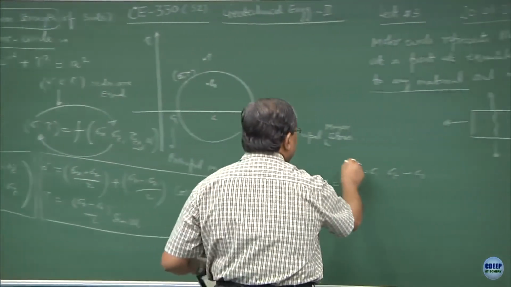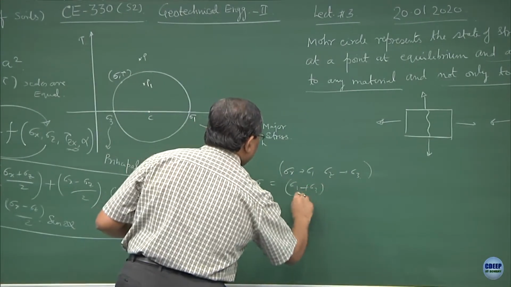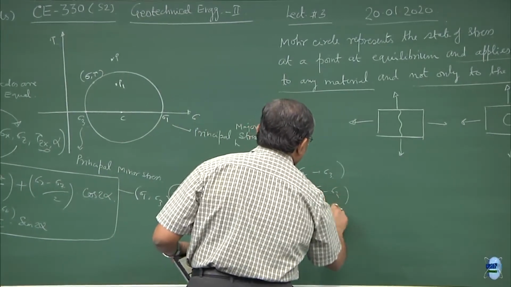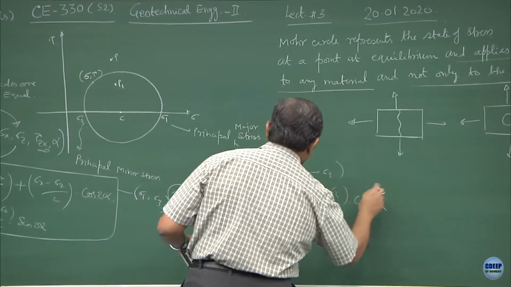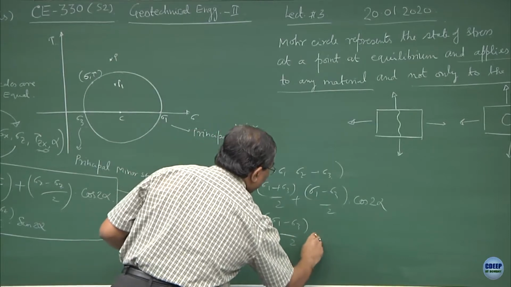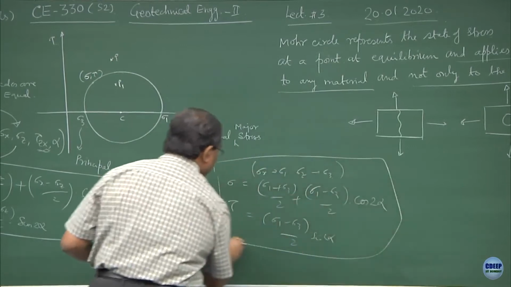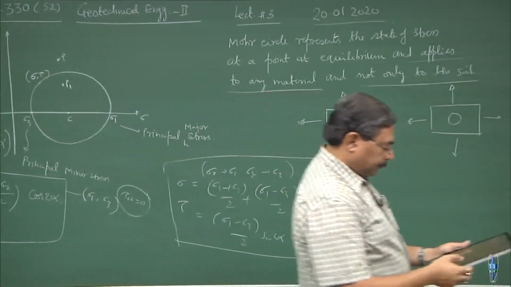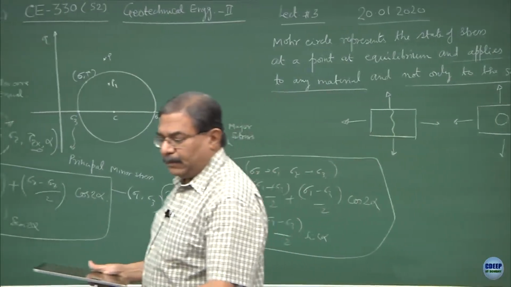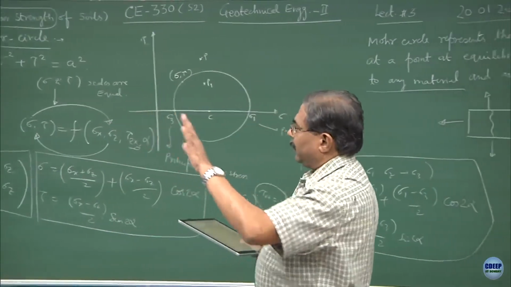So, if I just interchange these things, I will be getting sigma as sigma 1 plus sigma 3 by 2, plus sigma 1 minus sigma 3 by 2 cos 2 alpha, and tau will be equal to sigma 1 minus sigma 3 by 2 sin 2 alpha, alright. So, this becomes the generalized law. Now, when we deal with the Mohr Coulomb circles, or the Mohr circles to be precise, not Coulomb, Coulomb I have not brought yet in the picture,